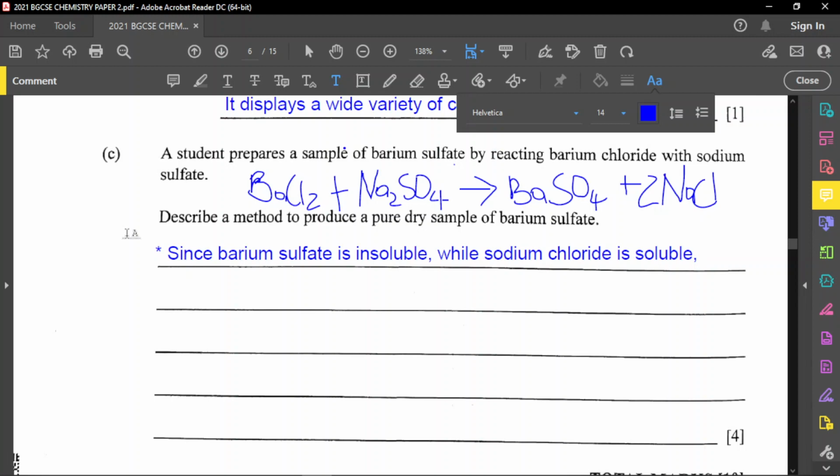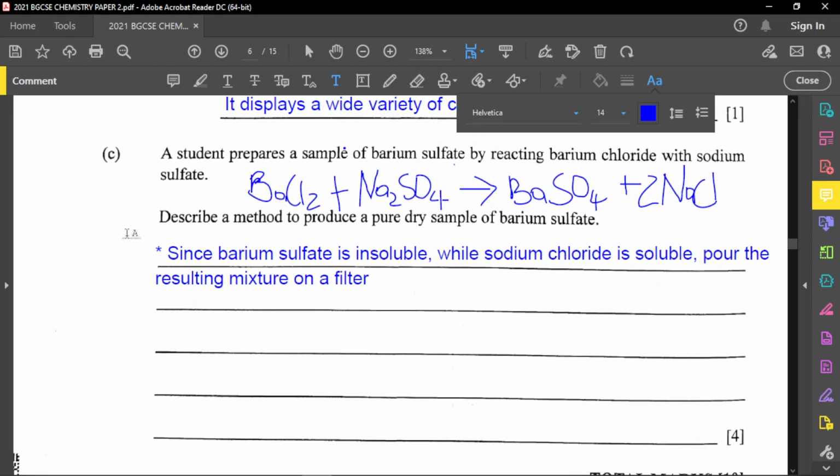So you can pour the mixture. Because remember the end product, whatever you get at the end of the reaction up there, you're going to pour the resulting mixture